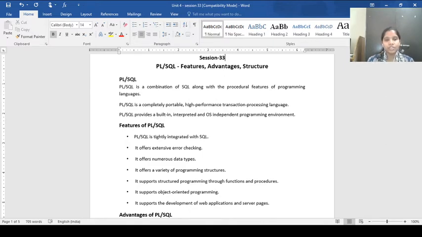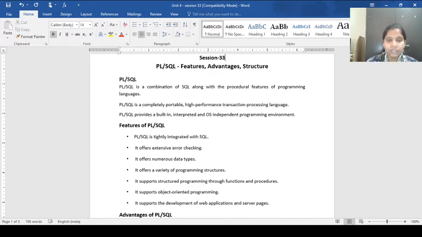And this procedural language SQL provides a lot of error checking mechanisms to the users, and it also provides various data types like scalar data types, reference data types, and then blob data types, clob, nclob, like that.